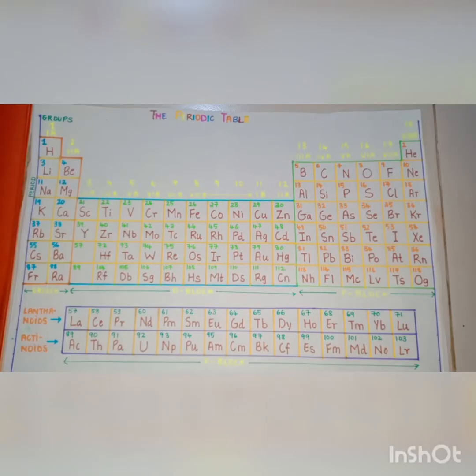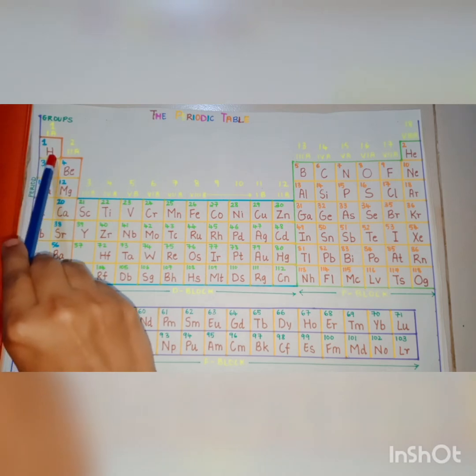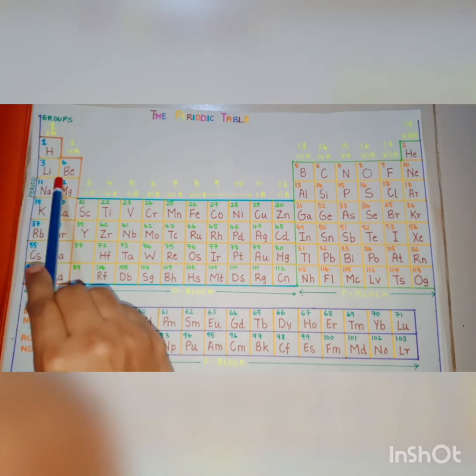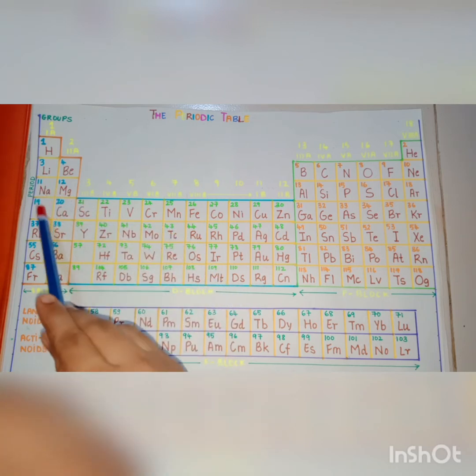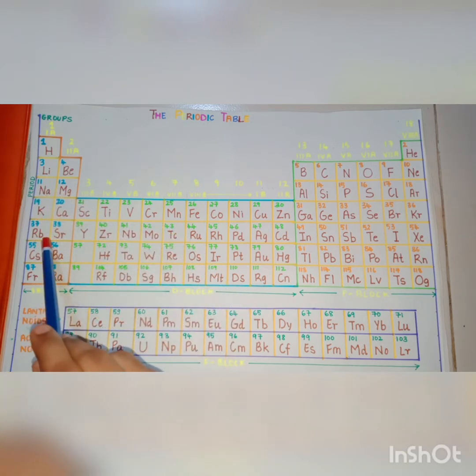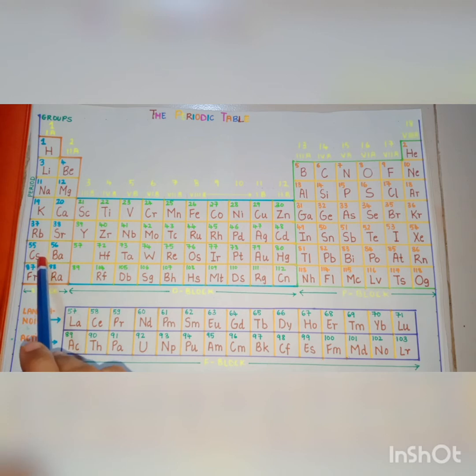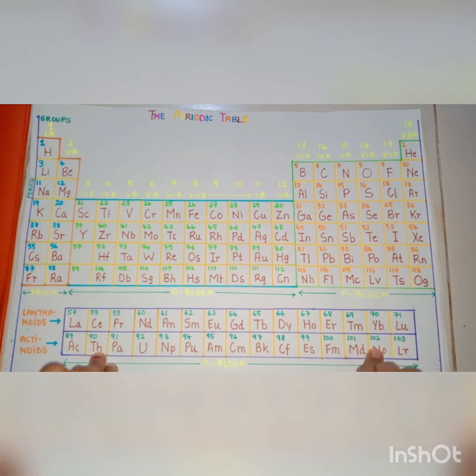So the elements of group 1 are H, which stands for hydrogen, Li, which stands for lithium, Na, which stands for sodium, K for potassium, Rb for rubidium, Cs for cesium and Fr for francium. So our trick for group number 1 is